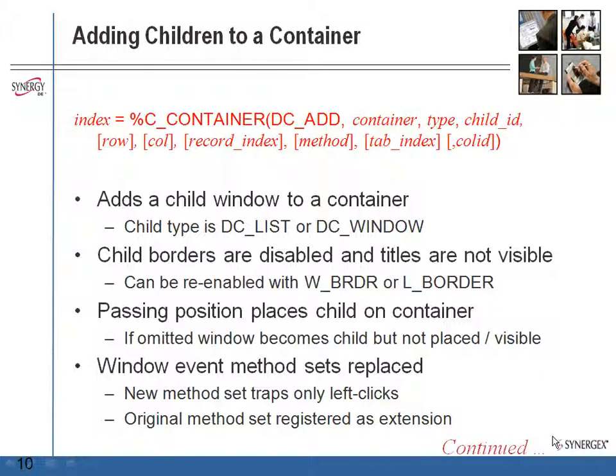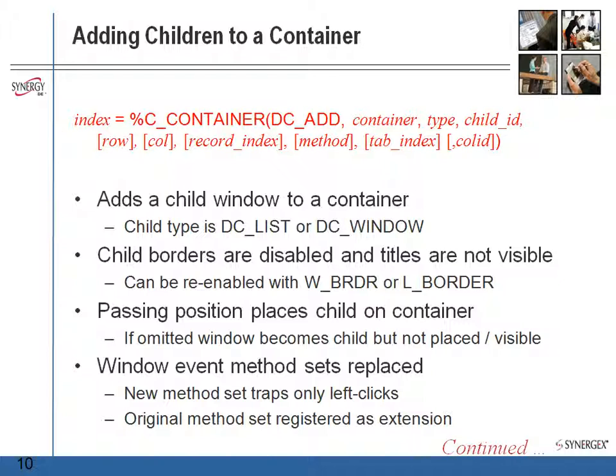Once we have a container, we can start to add child windows to the container. All child windows fall into one of two categories. List windows are added using the DC list function, and all other child windows are added using DC window. Notice that you specify the child to be added by specifying its ID. So you first need to load input windows or ActiveX controls and create lists or tab sets before adding them